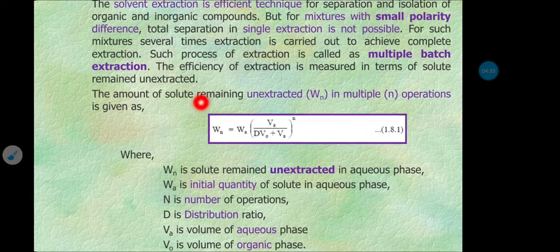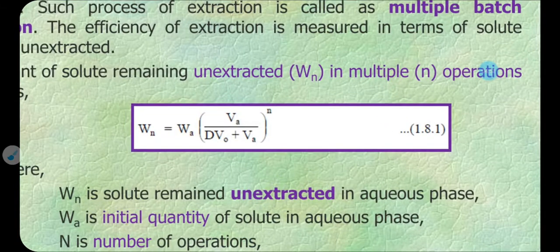The amount of solute remaining unextracted is represented by the symbol Wn, and in multiple n operations is given by the equation: Wn, that means solute remaining unextracted, is equal to Wa, that is initial concentration of solute, bracket Va, that is volume of aqueous layer, divided by D into Vo, D means distribution ratio of solute, Vo means volume of organic layer, plus Va, that means again volume of aqueous